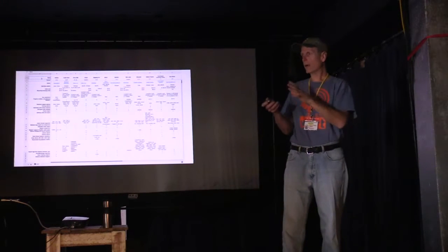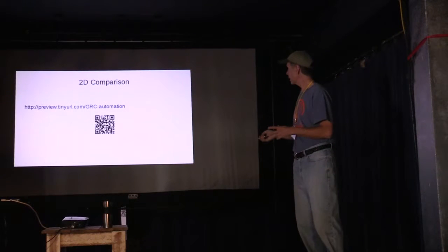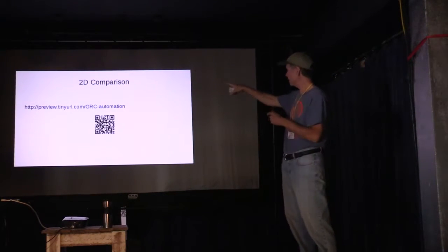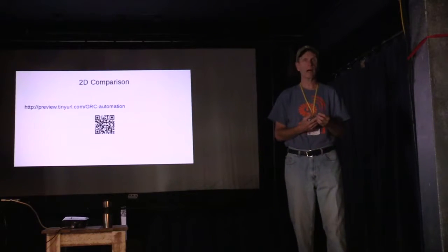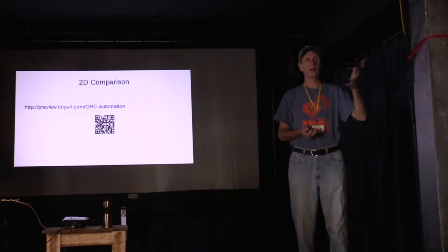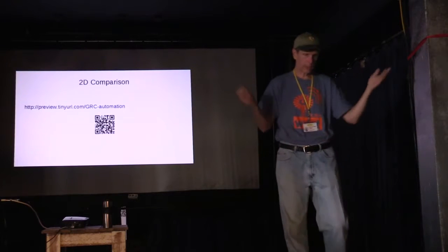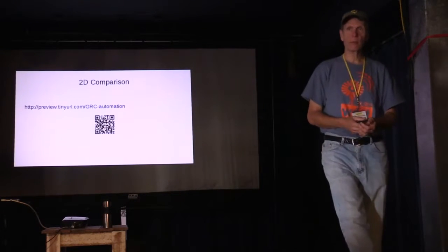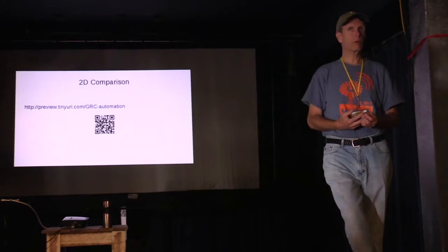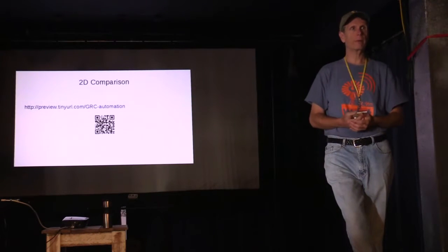We'll do this. I have a QR code. If anybody's got a phone scanner, you can pull up the URL for the spreadsheet that I've got. It's in Google Docs. I made it available to anybody with the link, and anybody can comment on it, but I didn't give everybody edit access. I'm happy to do that if people want to collaborate and use this as a point to compare notes about automation systems.